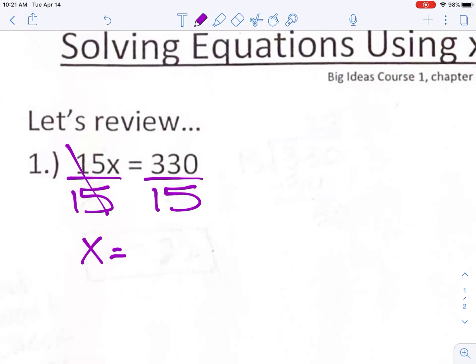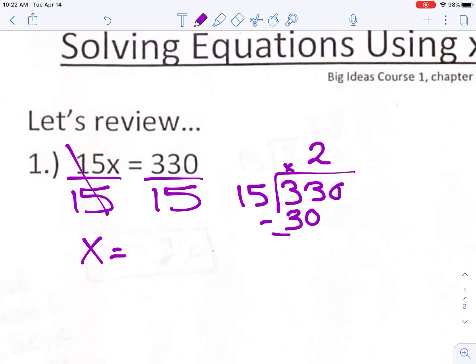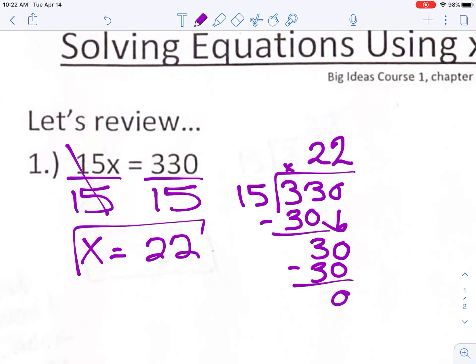That's always the objective, to get that x, the variable, by itself. So we're going to do the inverse and divide by 15 on both sides. So we got the variable by itself on the left, and then on the right we need to solve. So we're going to do 330 divided by 15. Remember, the top number always goes on the inside. 15 does not go into 3. It does go into 33 twice, which is 30. We're going to subtract and get 3, bring down the next 0, and then 15 into 30 goes twice again. Okay, so x is